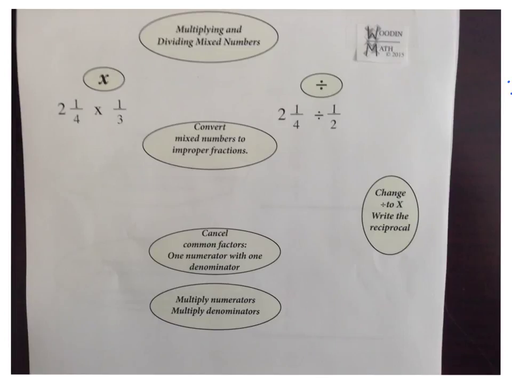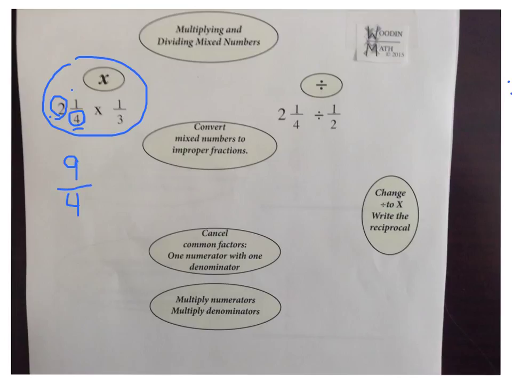Let's multiply a mixed number by a fraction. Let's multiply 2 1/4 times 1/3. The first thing we need to do is to convert the mixed number to an improper fraction. To do that, multiply the denominator times the whole number, then add the numerator. So 4 times 2 is 8, plus 1 more is